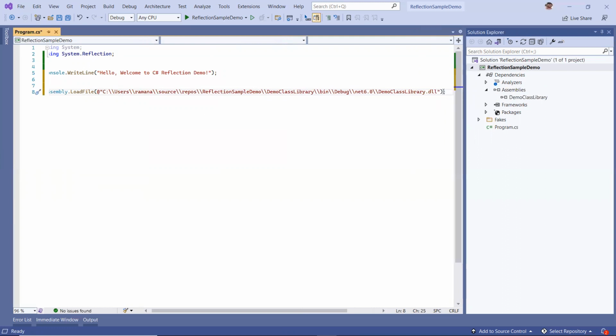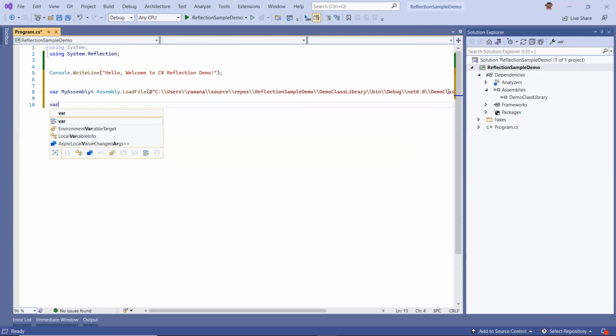Once you load this assembly, I'll assign it to a variable called myAssembly, so that it holds my loaded assembly object. Once you get the reference for the assembly, the next step is to get the class reference. From that assembly reference, you need to get the class reference. For this, we call GetType, where my type equals myAssembly.GetType of